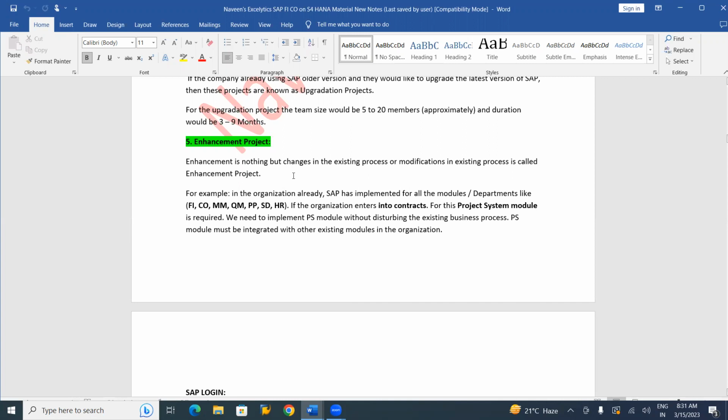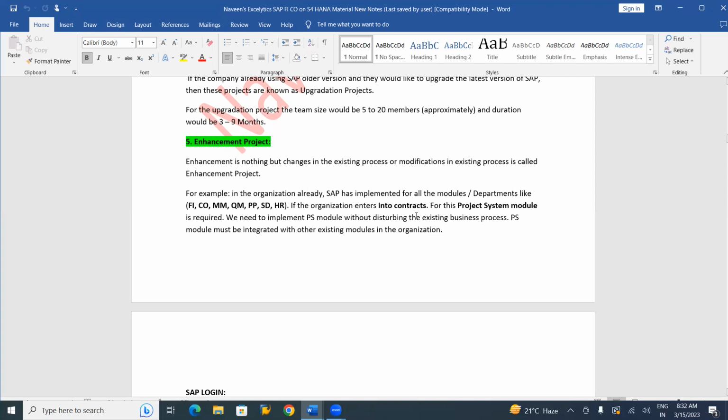That is called an enhancement project. For example, in the organization, SAP has already been implemented for all the modules or departments like FI, CO, MM, QM, PP, SD, HR. If the organization enters into contracts, a new business they have started, apart from these businesses, then we need to introduce a new module.